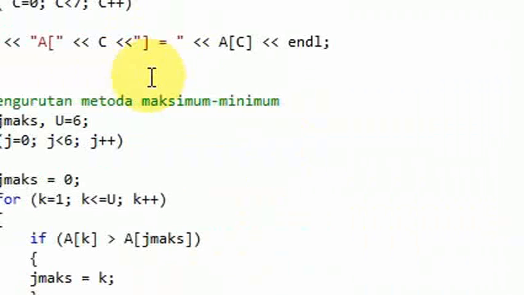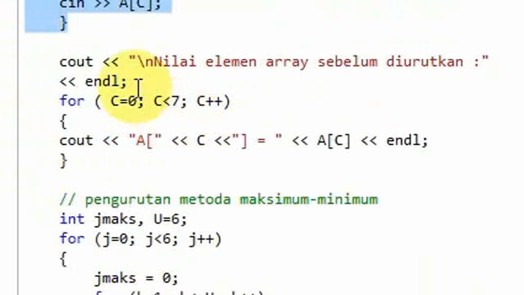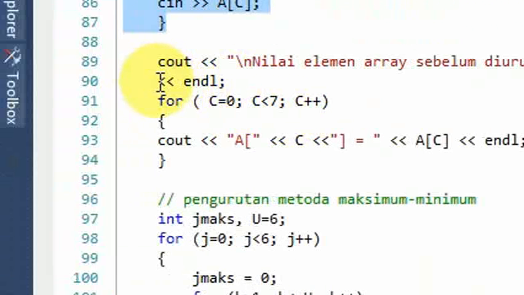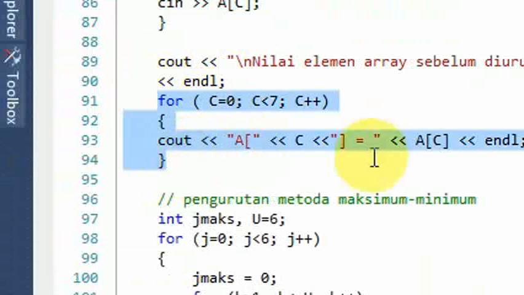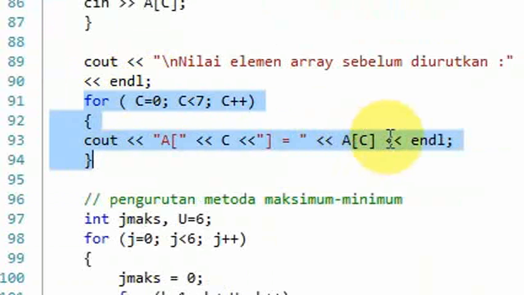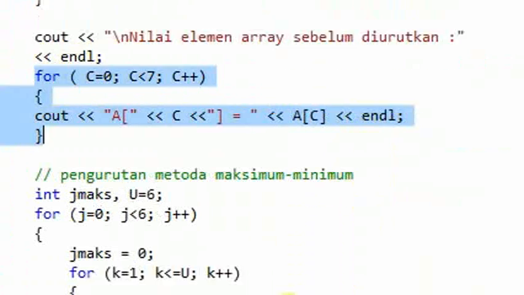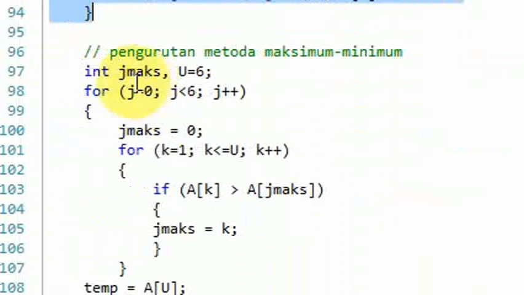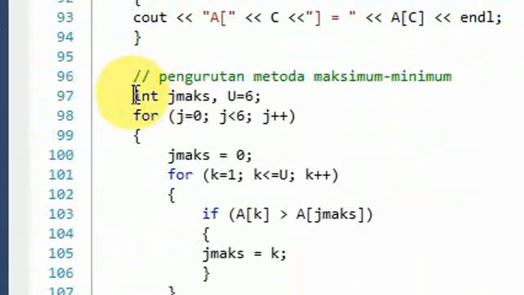And then for this scope also, it's not important. We just print out all the values of the array that we input above. And for next, it's here,